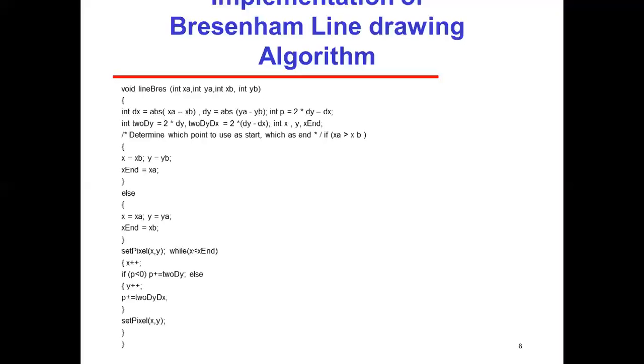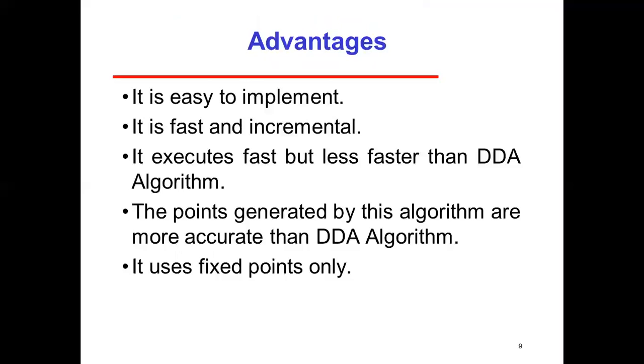So if E is positive, then we will change again the new value of E and we will add y equals y plus 1, and if E is negative, then we will calculate the new value of x after addition of 1, and we will add again to get the new value of the error term. Okay, so similarly, we will solve the same numerical with the help of the Bresenham, but first we will emphasize the advantages of the Bresenham algorithm.